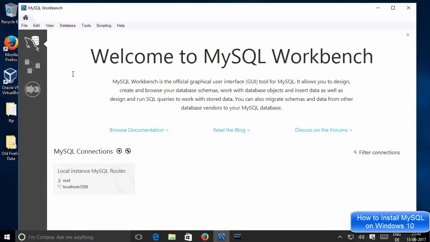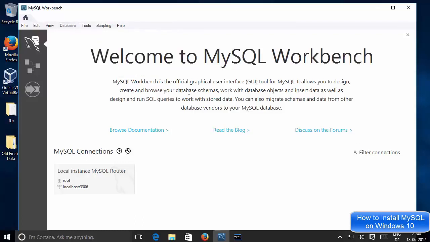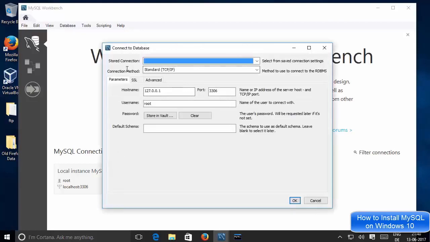Now if you want to use MySQL Workbench, it's also easy. So you can just go to this database tab. So just click this database tab and then click connect to database, and once you see this kind of option, it says stored connections.